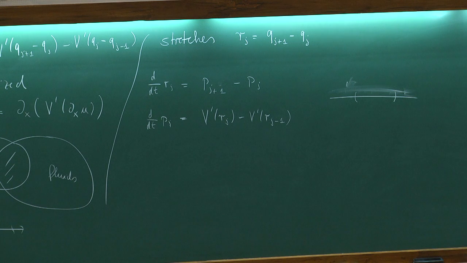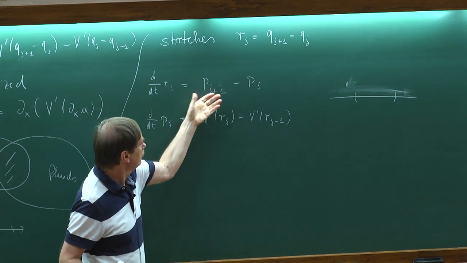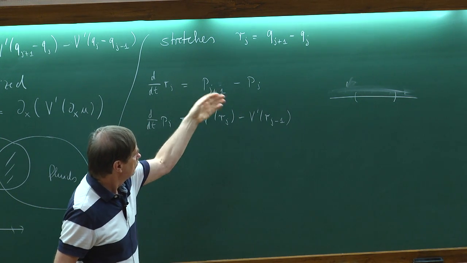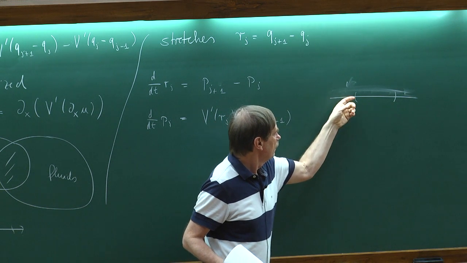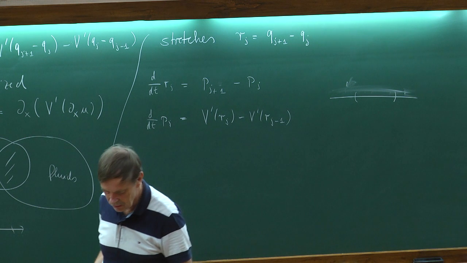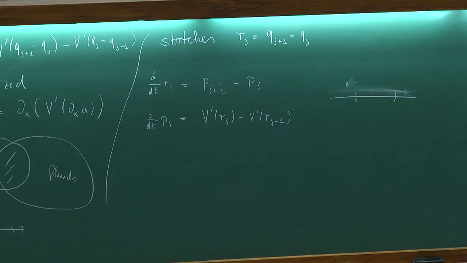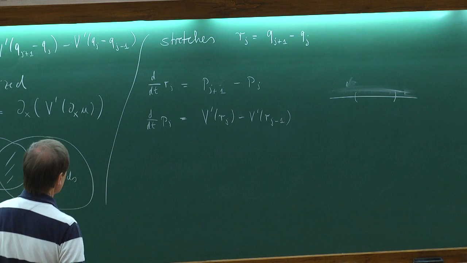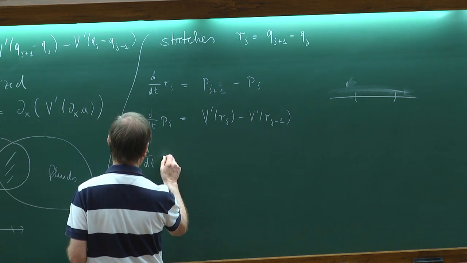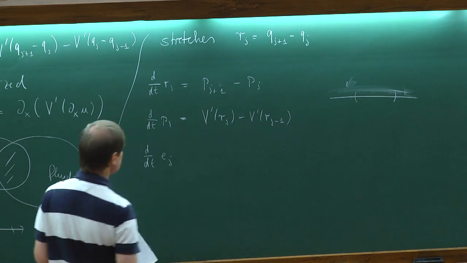If you have a global conservation law, then it's just a quantity which is conserved by the dynamics. But here we have a little bit more information: there are local currents, and the way this quantity changes is through the currents at the two boundaries. So here I have two conserved quantities, and since it's a mechanical system, you would think that there should be another conserved quantity, which is the energy.